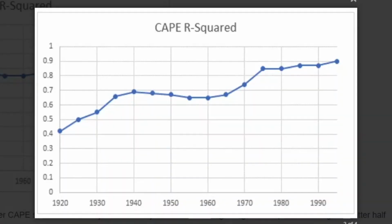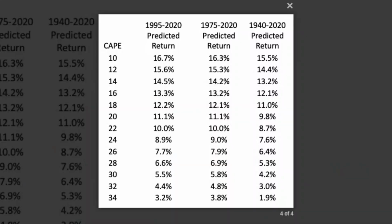This graph, and excuse the poor quality, shows how the R-squared, or predictive ability, of the CAPE ratio has changed over time. The more recent the data, the better the CAPE value predicts future 10-year returns. And we are in the most modern time possible, the present. So what does today's CAPE value correlate to in future expected returns for the next 10 years? With the current CAPE value of 38.3, that would correlate to around 1% returns when using the 1995 to 2020